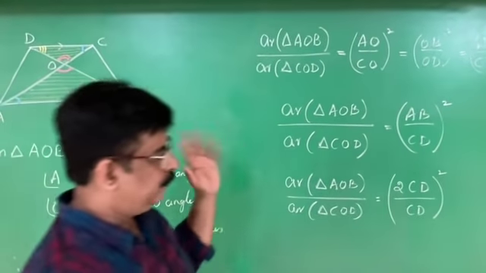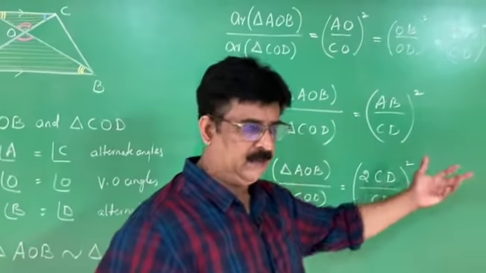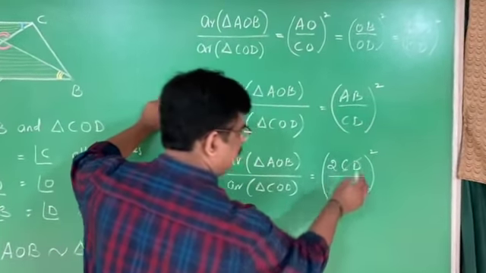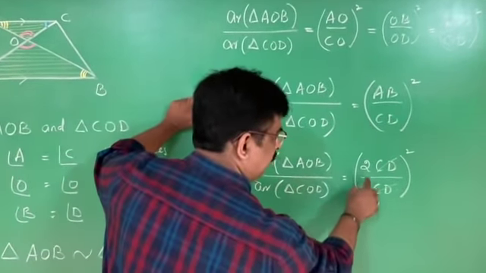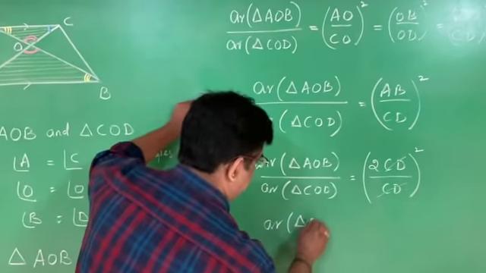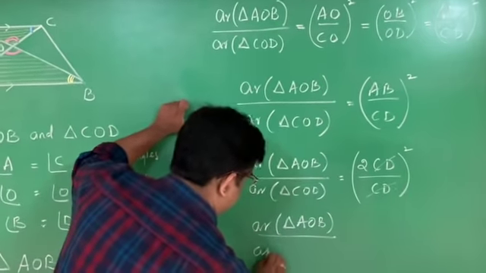Now I have got two methods. One is I square and cancel, or cancel and square. Both are the same. I can cancel CD and CD. CD ones are 1. Then what is left here? 1. This is 2, this is 1. Therefore, area of triangle AOB by area of triangle COD